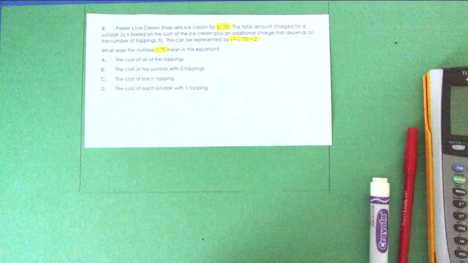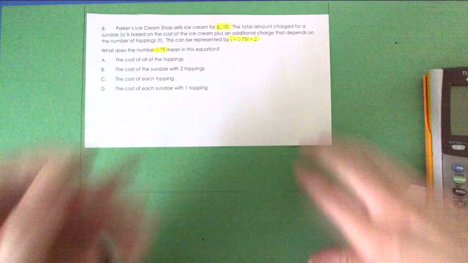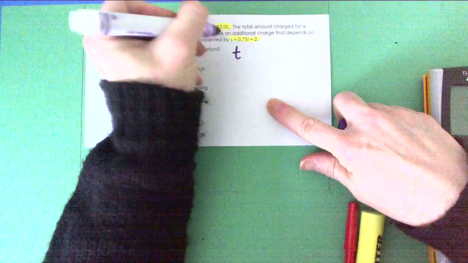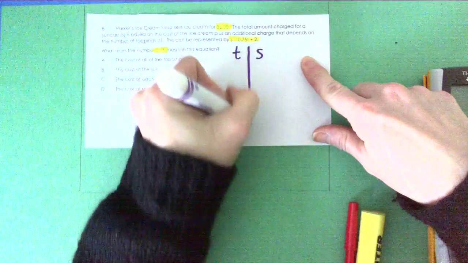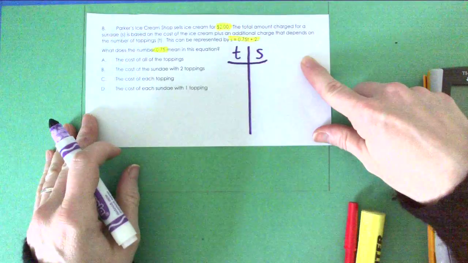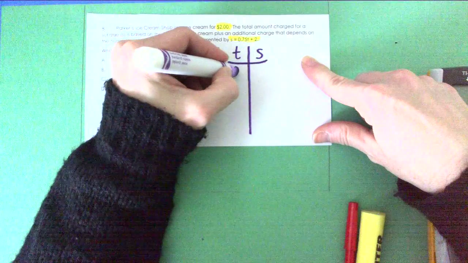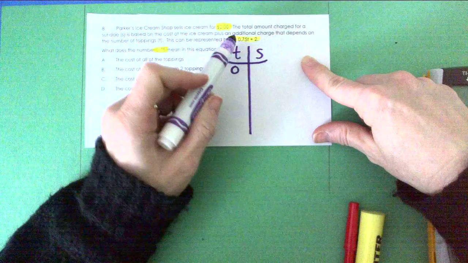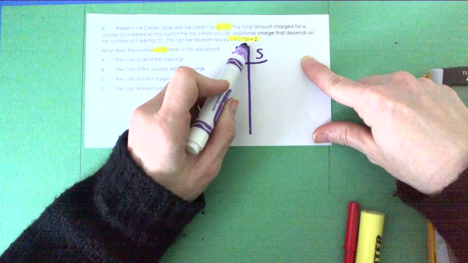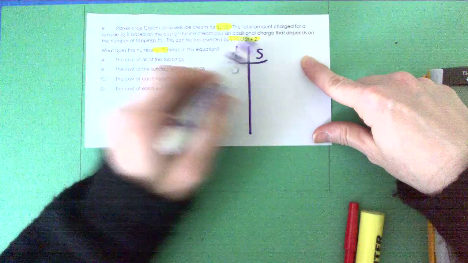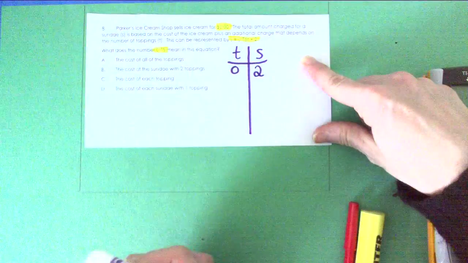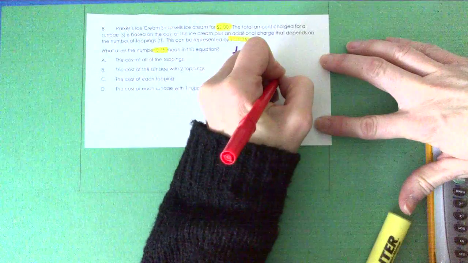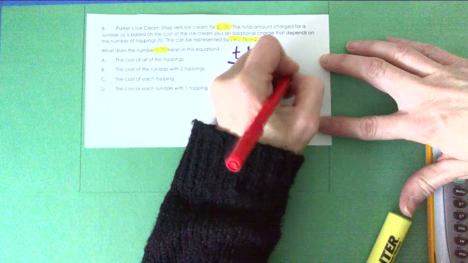All right, I made myself a little chart. What I did is I took a T-chart and I did number of toppings, cost of the sundae. If I get no toppings, that pretty much equals a bowl of ice cream. So if I get no toppings, I would be taking 0.75 times 0 plus 2. And that's just going to give me 2. So that I got from taking S equals 0.75 times no toppings